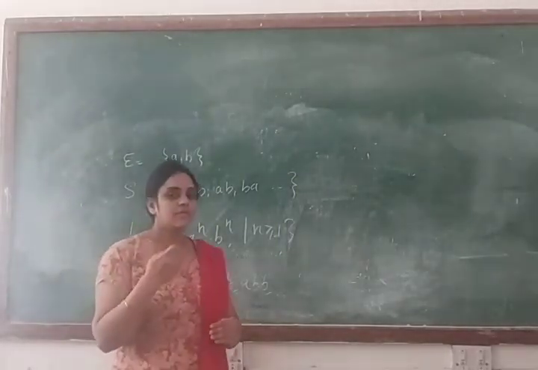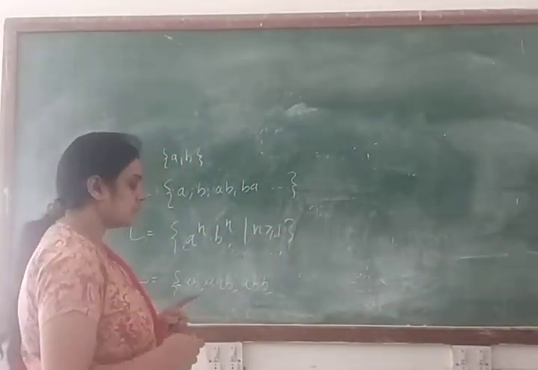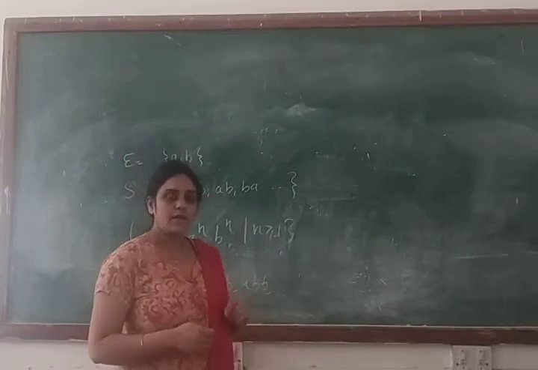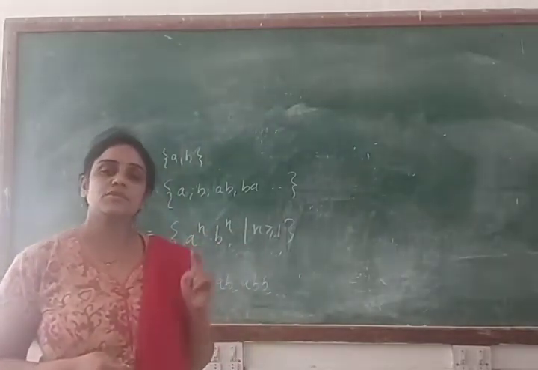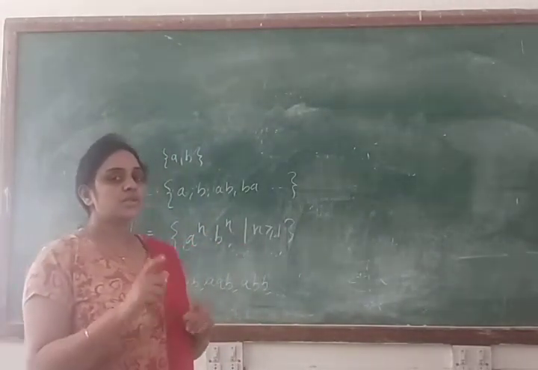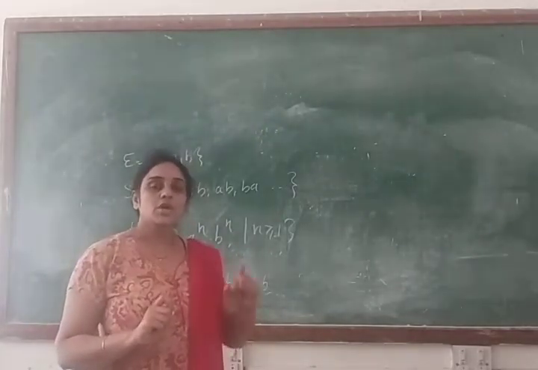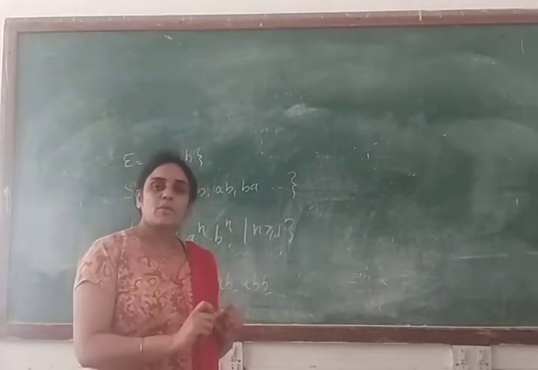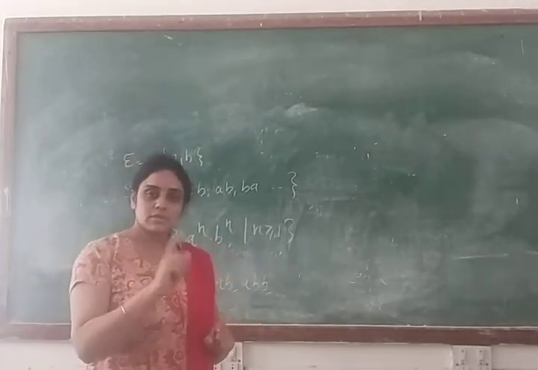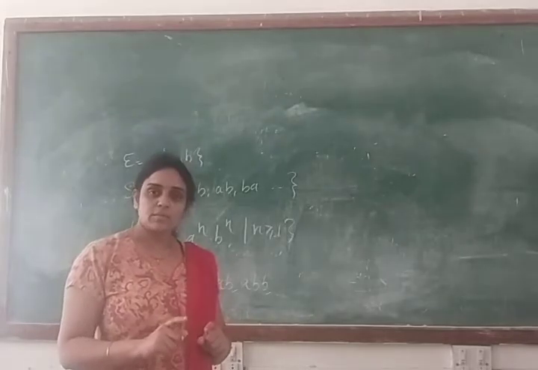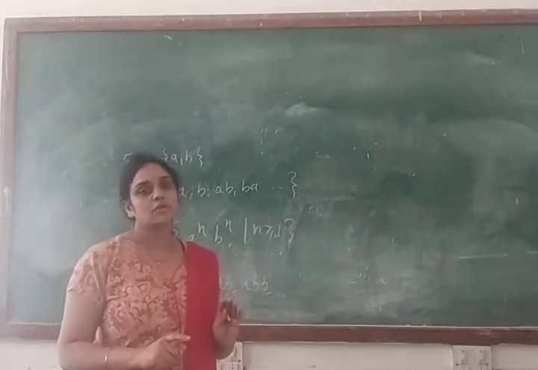Now in this lecture we will discuss how we make a machine for the language. The important thing is the definition of DFA, because we will discuss examples related to DFA. What is the definition of DFA? According to the definition of DFA, each and every state should have a transition for every input symbol, and multiple transitions do not exist, meaning you should not have multiple transitions for the same input symbol from the same state. This is the important thing you have to remember. Whenever you make a machine for a DFA, you have to remember these two rules: each and every state has a transition for every input symbol, and multiple transitions do not exist.